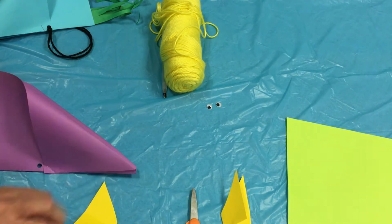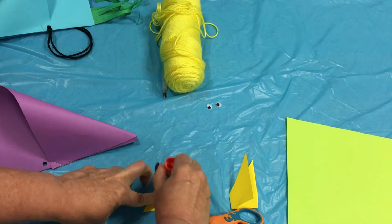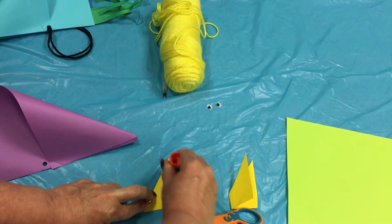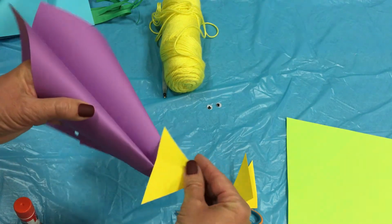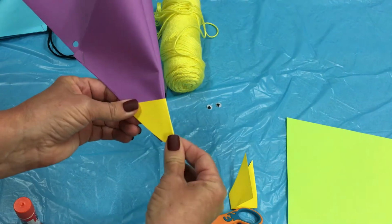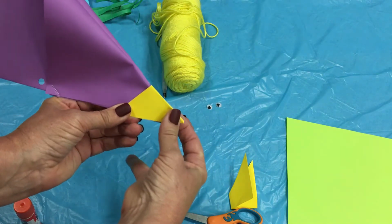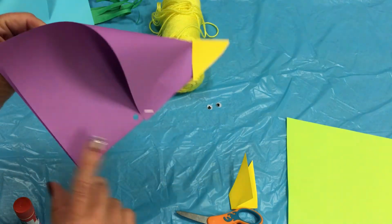Grab your glue stick. Put some glue on your beak, the inside of that triangle, and glue it on to the tip of your bird. And this is going to have to sit up for a little bit because it is wet and tacky. Okay, now our almost last step